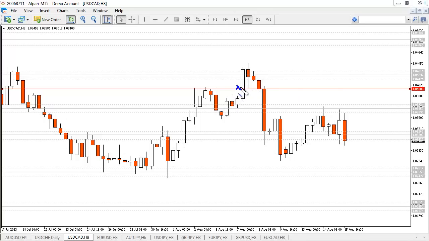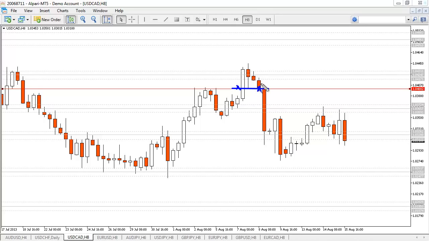So this was a pretty good entry level based on price action. But money management wise, you couldn't use this entry because your stop loss would have to be way too big. So this is another example where you would use a retrace to enter this trade. When sellers break here,